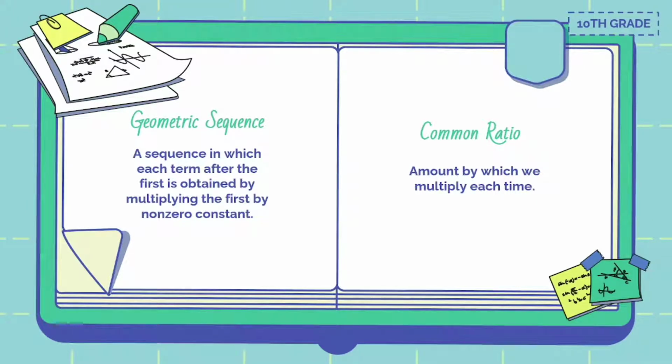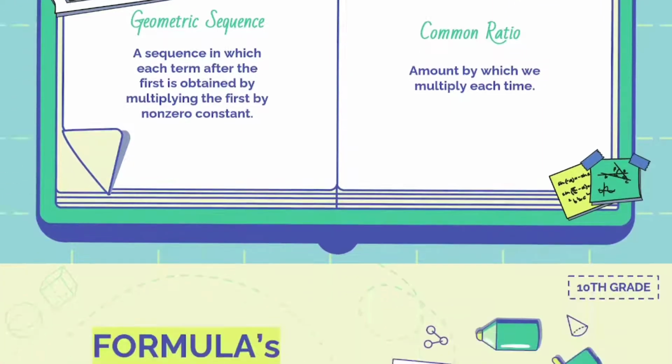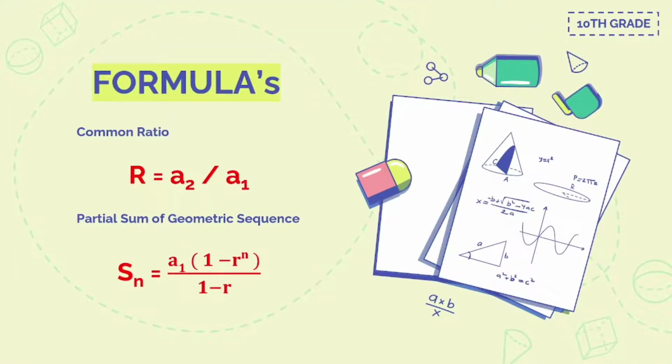Geometric sequence is a sequence in which each term after the first is obtained by multiplying the first by a non-zero constant. And then the common ratio is the amount by which we multiply each time. And here are their formulas. For the common ratio, we have r equals a sub 2 over a sub 1. And the partial sum of a geometric sequence is S sub n equals a sub 1 times 1 minus r^n